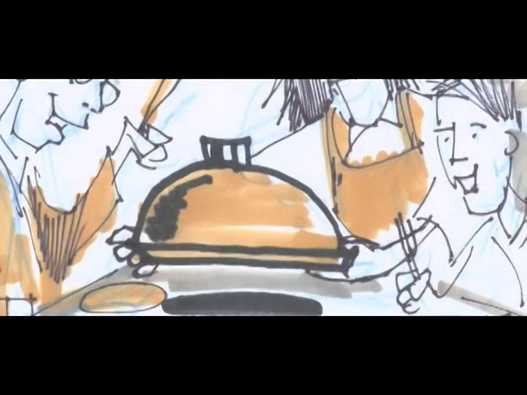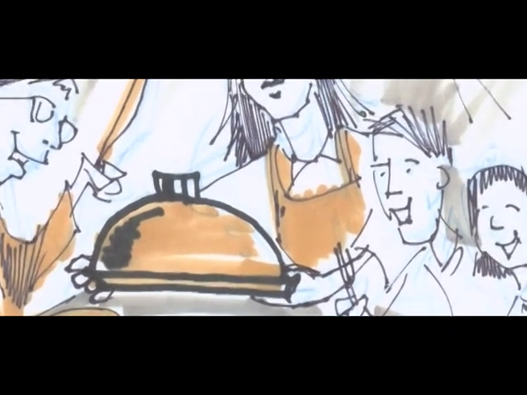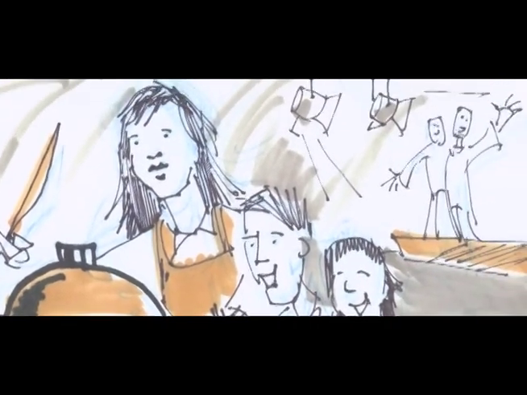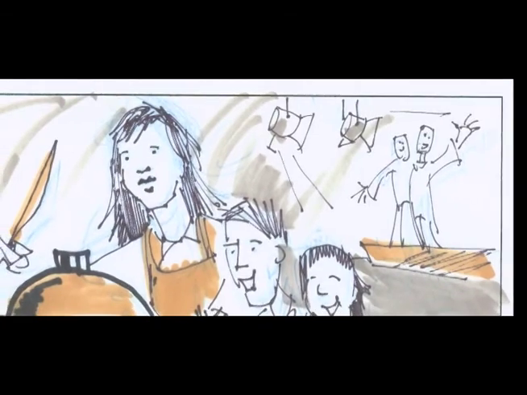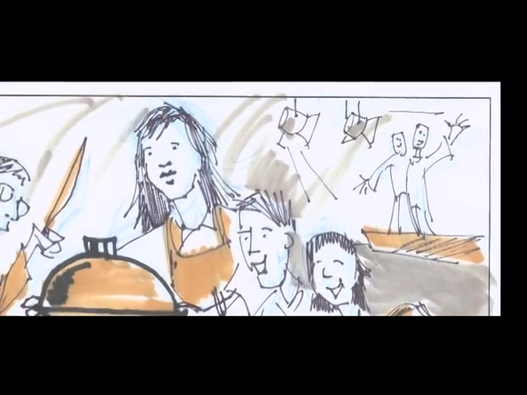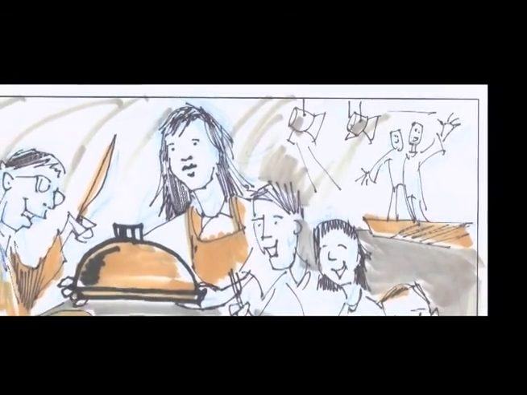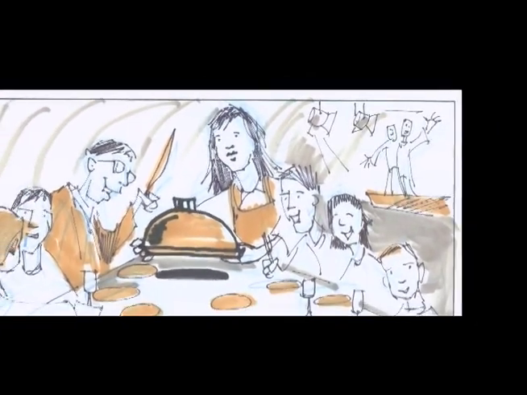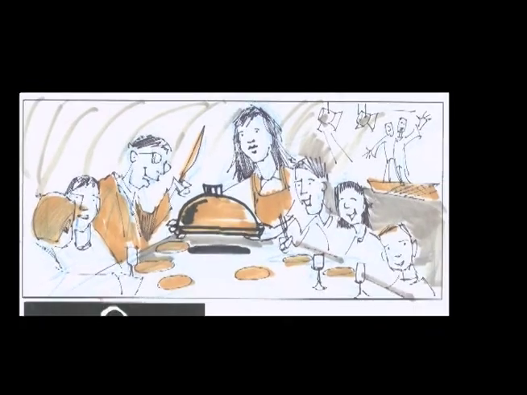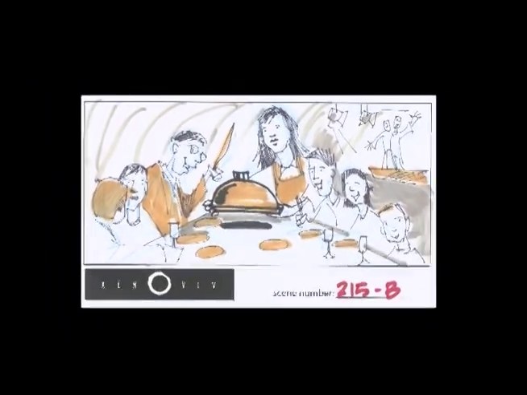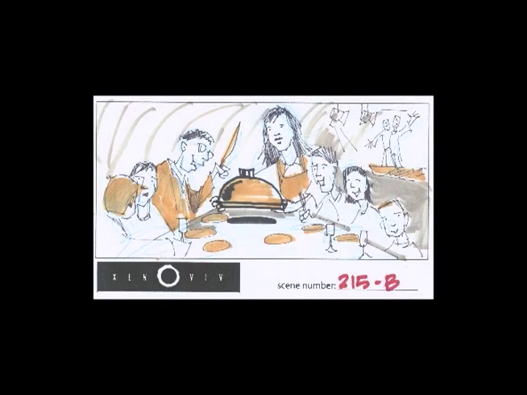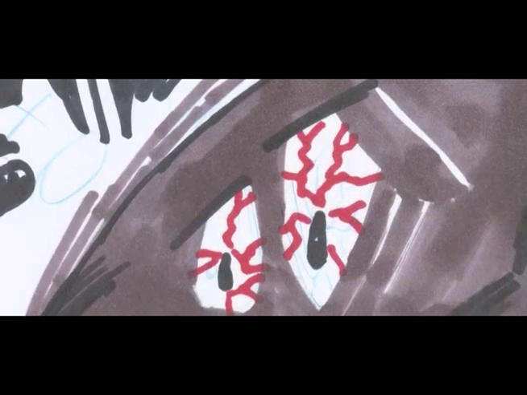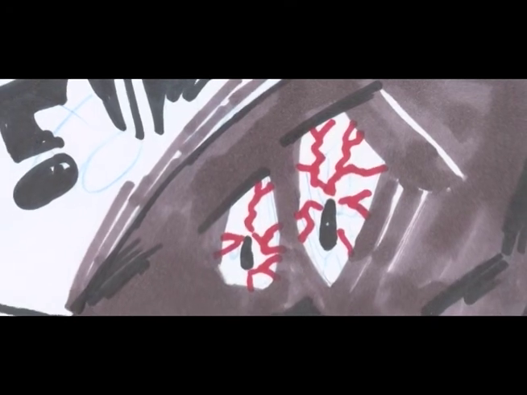In 215B, you see that the colonists prepare a feast, as well as some dinner entertainment. You can't see it depicted. Maybe over there in the corner you get kind of a sense, but the way we were going to shoot this was that not only would they prepare a huge meal to share with the Mercs, but they would also do some things like karaoke or mime, maybe some puppet theater, a little space Pictionary, or whatever they do in the future.